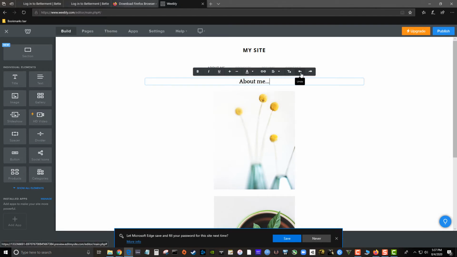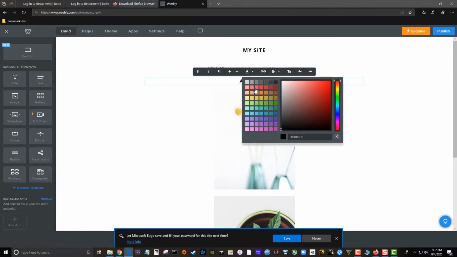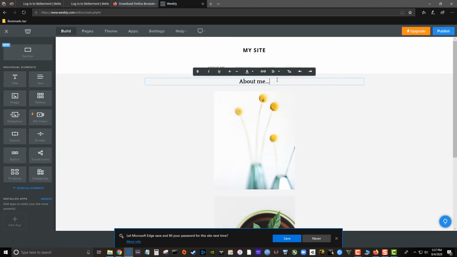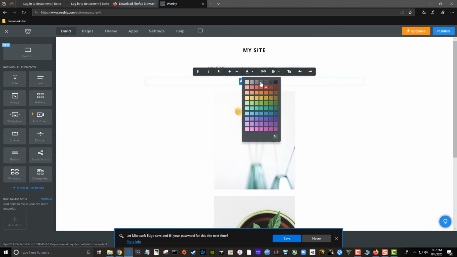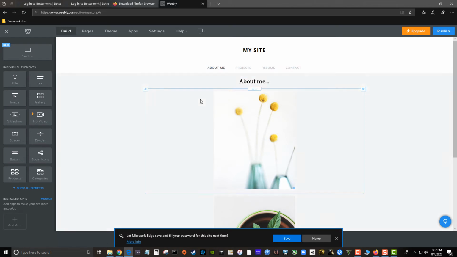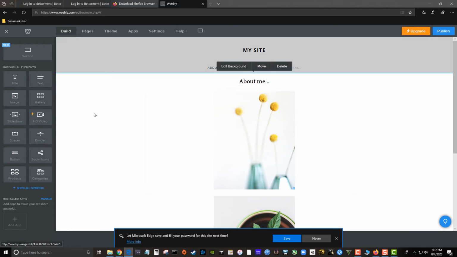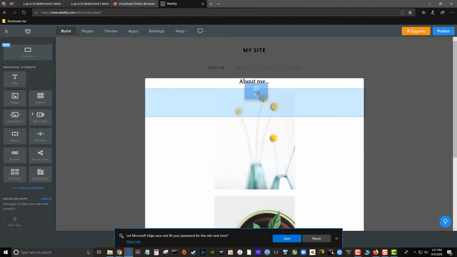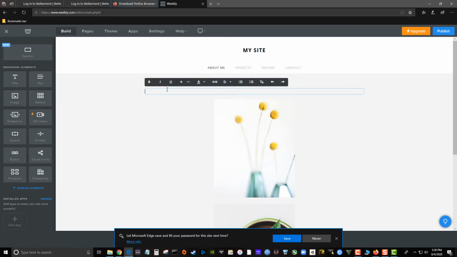So check out all these different options you have in Weebly. If you just hover over it, it'll usually tell you what it is. You can change the color. You might have to highlight it first. Change color. I don't know why that won't change, but anyways, if you wanted to put an actual text or paragraph, you would hit the text box, drag it below this one, and here you can say